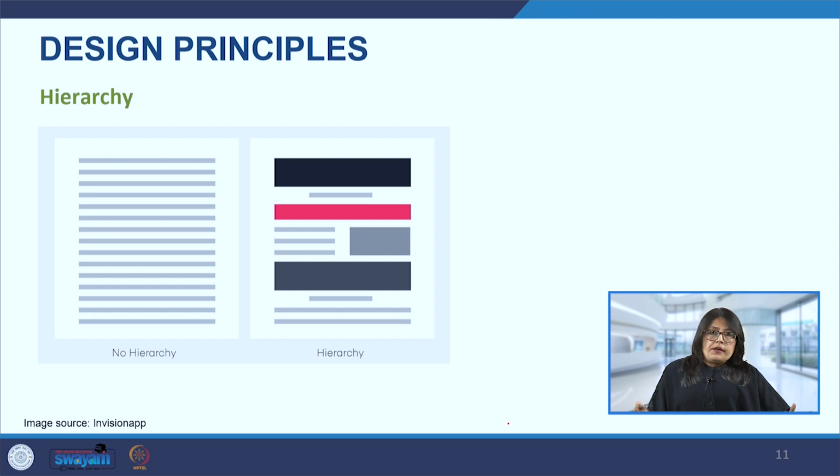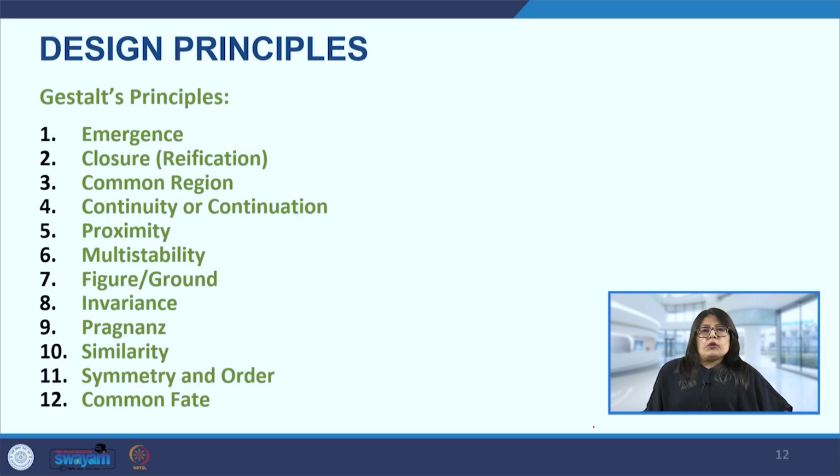So when we see any page, whether it's a blog post or a shopping, e-commerce website, there is always a hierarchy. We know that the name will be on the top, then there will be a certain menu, and then there will be more information. So there is always an order in which the information is presented, where we want the maximum attention. In a newspaper also, we read the headings first and then we read the content if we find it is important or relevant for us. If the heading doesn't interest us, we may not even read that piece of news further. So that is hierarchy. So coming to the Gestalt principles.